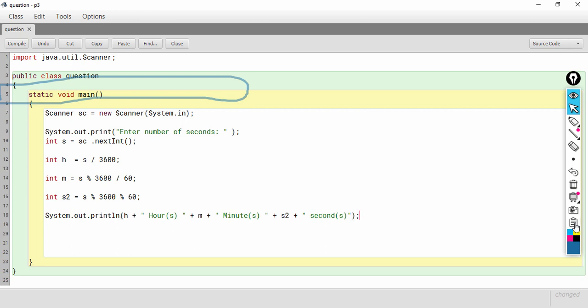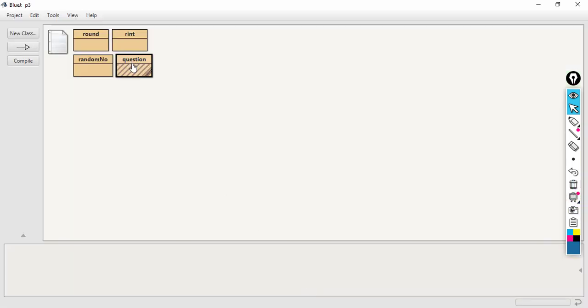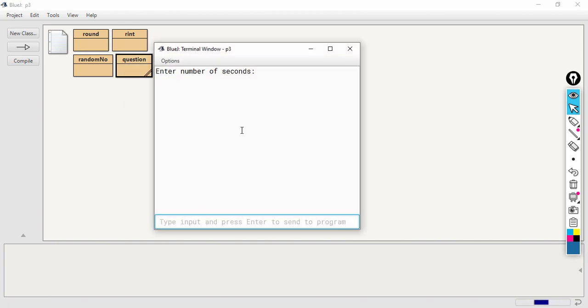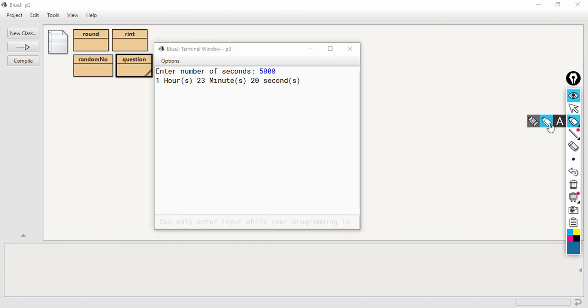So, let us have a look at the output. Let us enter 5000 first. So, it is giving me the correct answer. One hour 23 minutes and 20 seconds.